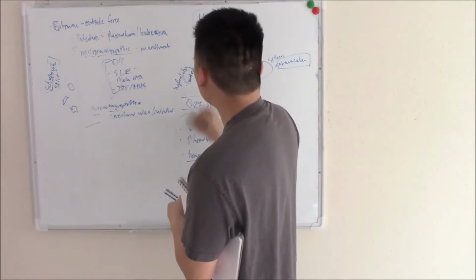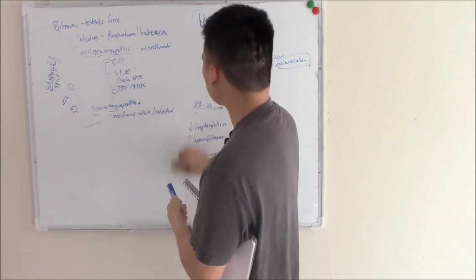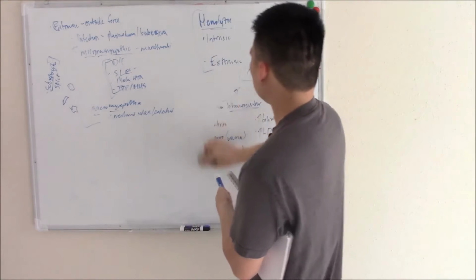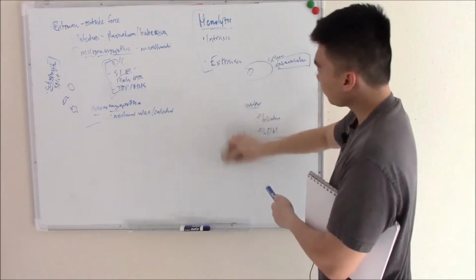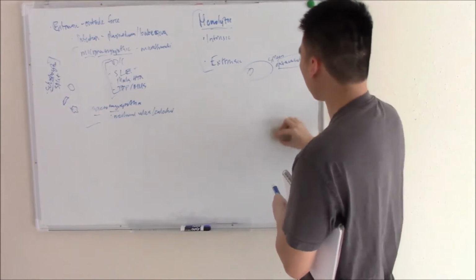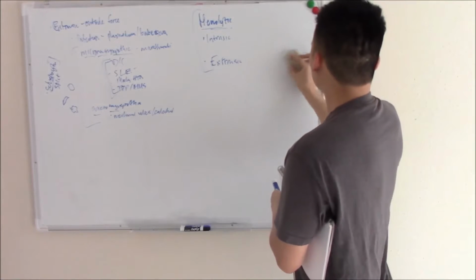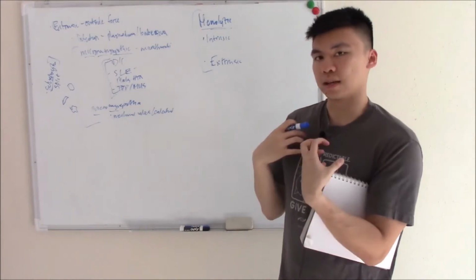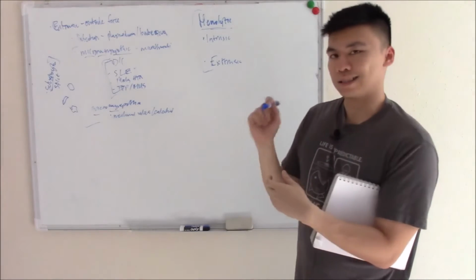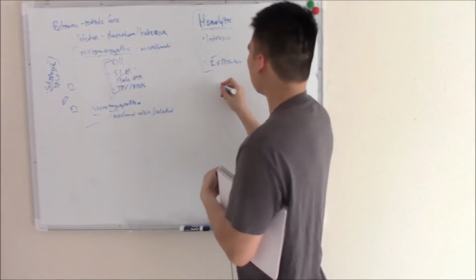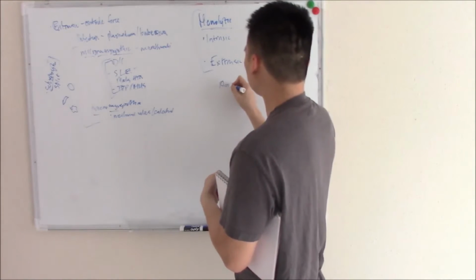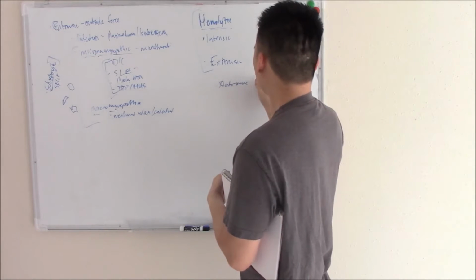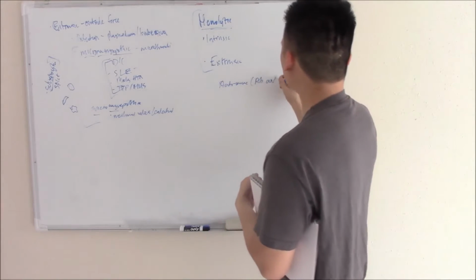Now there's a more complex cause of extrinsic hemolytic anemia, and that is autoimmune. So you make antibodies against your red blood cells. That's the outside force. That's what makes it extrinsic. You're making autoantibodies against your red blood cells. So I'll write autoimmune, antibodies against our own